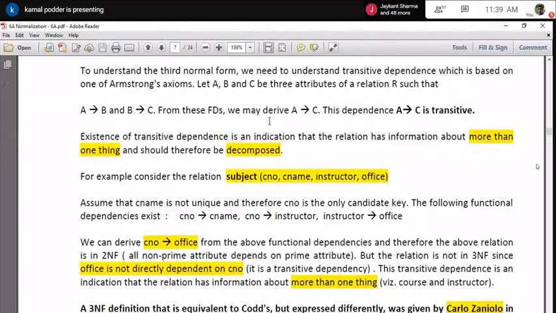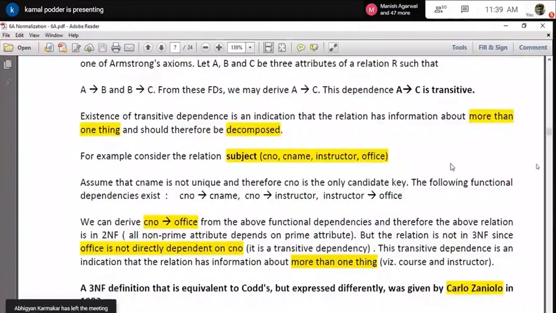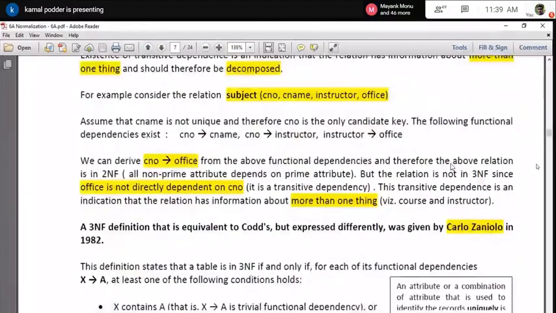But in addition to second normal form, there is a transitive relationship, and this transitive relationship can actually generate a lot of issues. So if there is a transitive relationship, what you have to do is, third normal form is saying that you divide it and remove that transitive relationship in that particular relation. Now just take an example, then you will understand it in more detail.